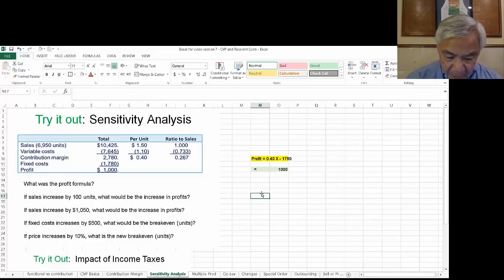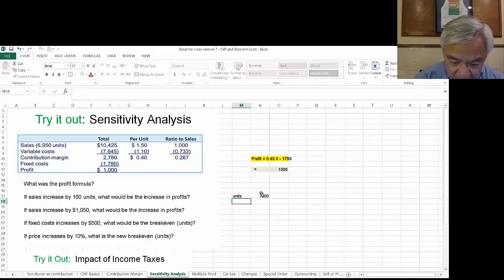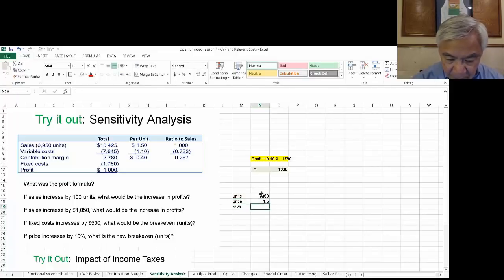All right, so let's try it out. If sales increase by 100, what would happen to the profits? So this is an assumption where sales go up and nothing else moves. We have then units of 6,950, that's our base units, plus 100, and that is the number of units. And then we can multiply that times the price. So let's just label these. So these are units, and price is $1.50. Revenues go up by that times that. So we'll have 10,570, and then our variable costs